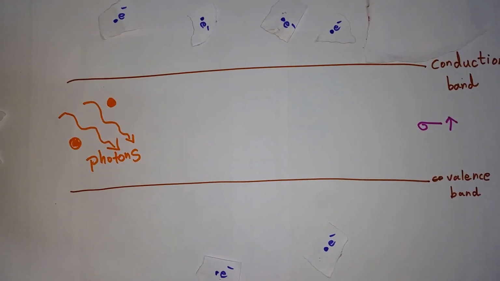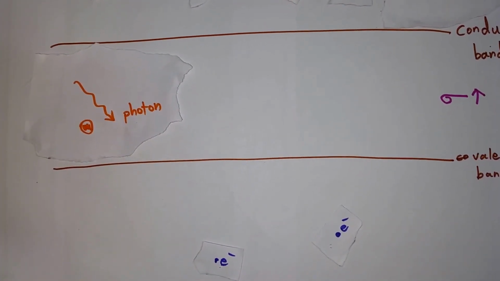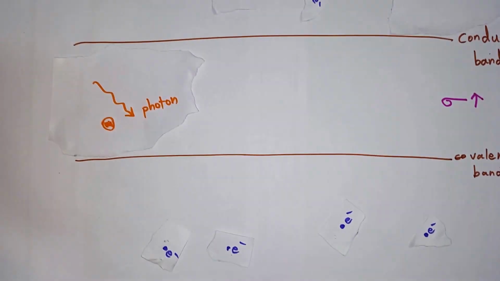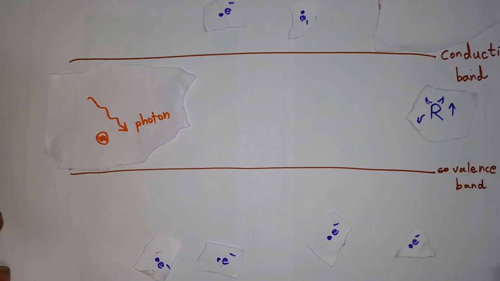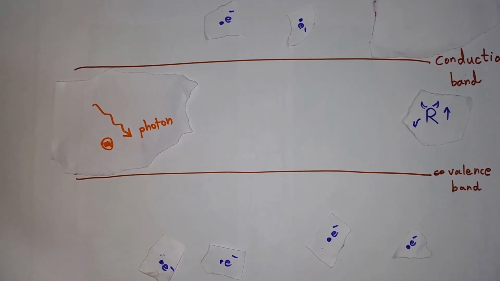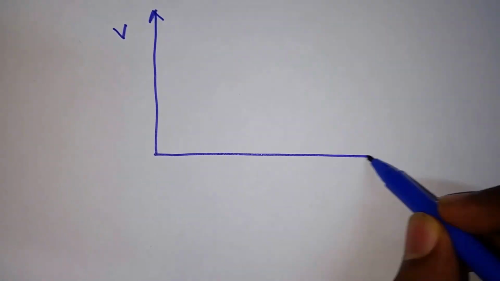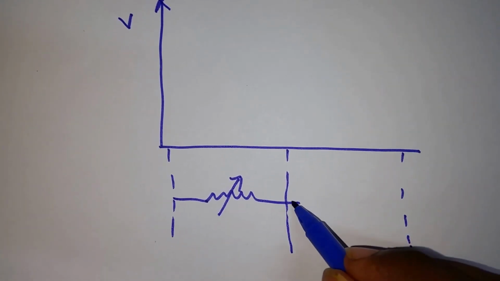Let's see what happens during a power cut. The number of photons falling on the LDR decreases, and hence the number of charge carriers excited to the conduction band also decreases. This results in lowering of the conductivity, or an increase in the resistance. This change in the LDR's resistance gets reflected in the voltage drop across the LDR.